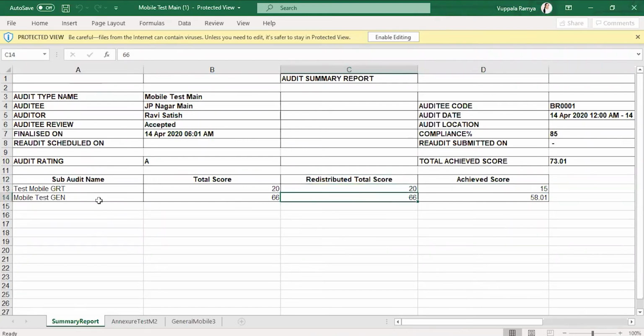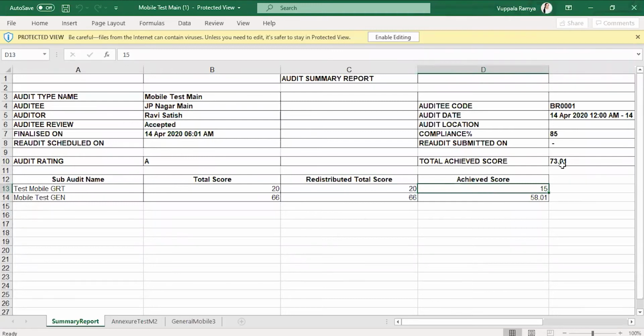So for example, if you have any group which has been created with the NA scoring of redistribution logic, there is a specific logic which runs for calculation of the audit score. So if there is a redistribution of score being given, and if the redistribution logic has run basis the auditor compliances chosen, if there is any revision of the total score, then that score also would be shown here. So to have more clarity for a user to know if there is a redistribution logic applied and if there is any revised score mentioned here, we are giving this column and the achieved score is mentioned in this.